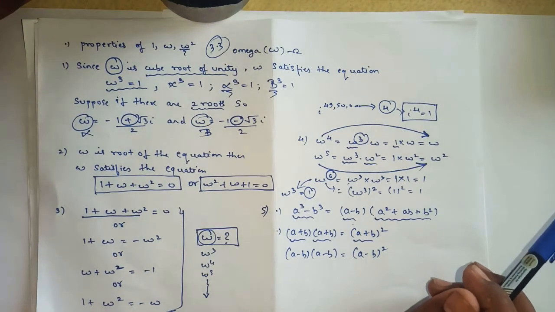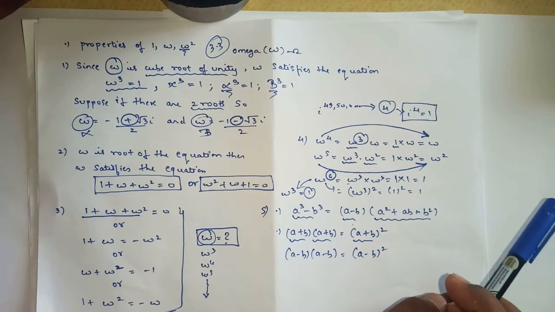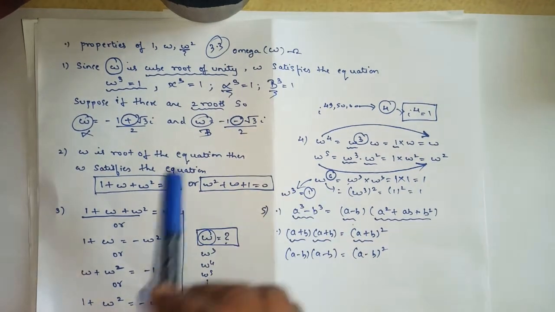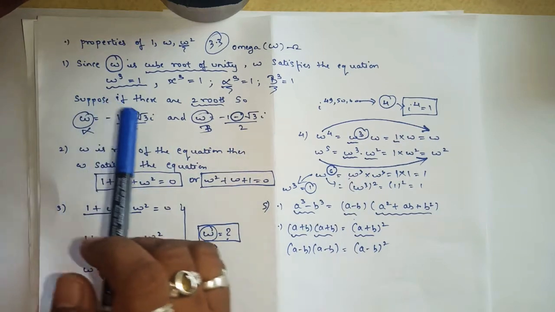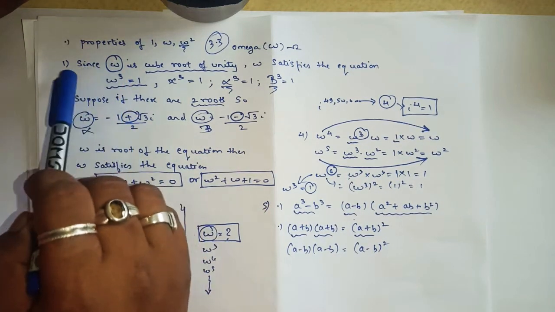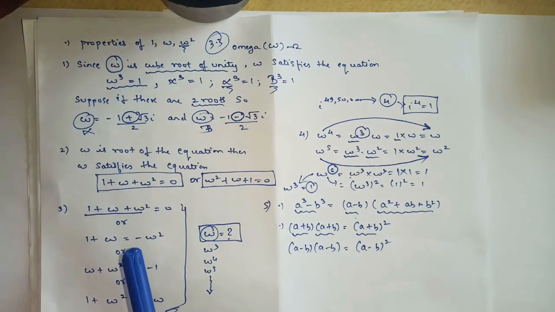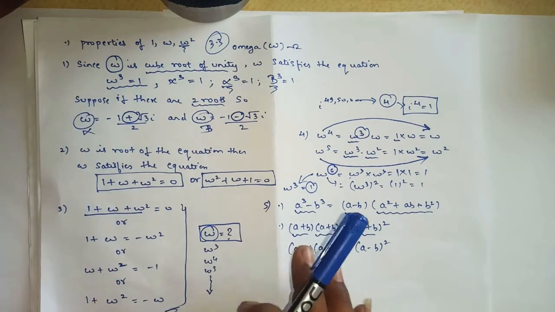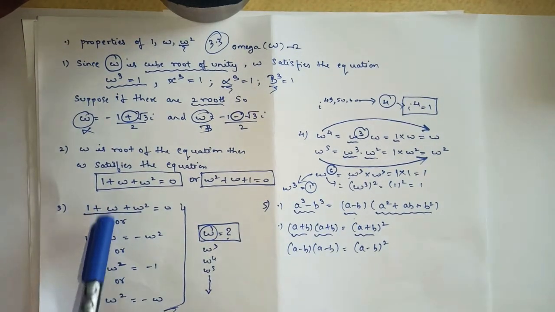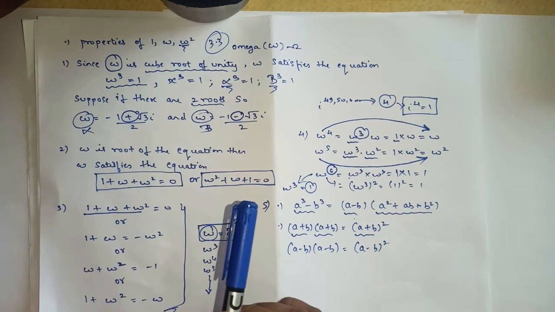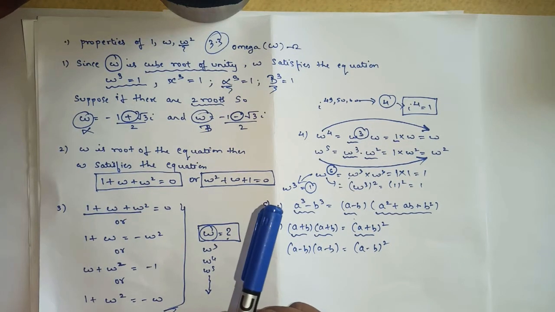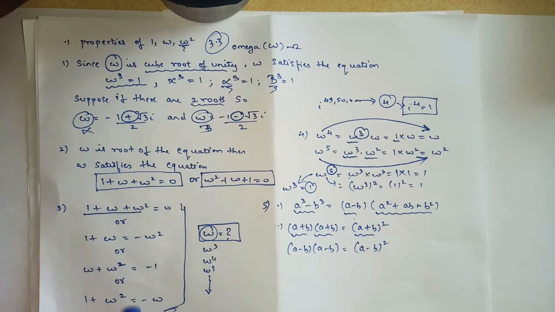Okay. And yesterday we started with the exercise also, where we saw a few sums based on omega, based on these properties. So in the last video lecture we saw the properties based on omega, where we saw 4 or 5 properties, in which I told the third section, this part, will play an important role while solving the sums, because the majority of the sums are based on these properties.